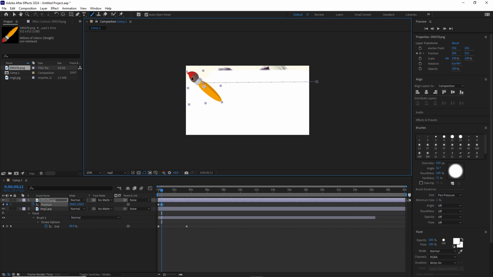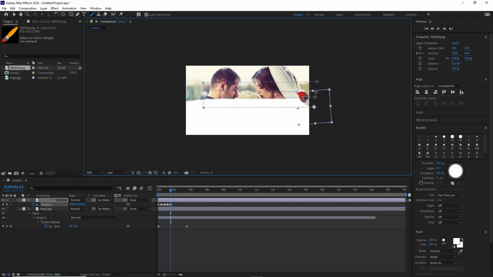and put this down like so, and I will go with shift and page down, and move this like this, and with page down I will put this down, and go with shift and page down, and maybe I can go with page up one frame less, and move this like so. And basically right now this is what I am going to do. I am not going to skip this, but I will try to do this a little bit quicker. So like this, I am just going to move the position of this brush like so, like this,